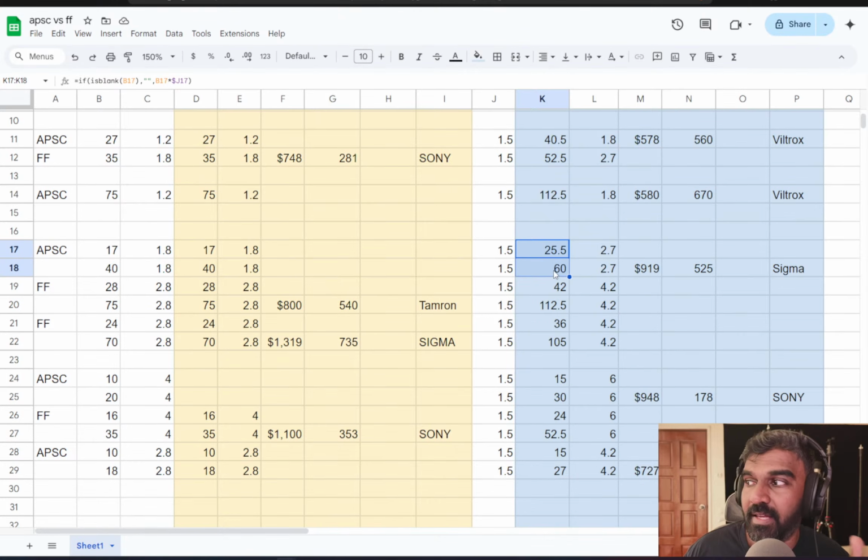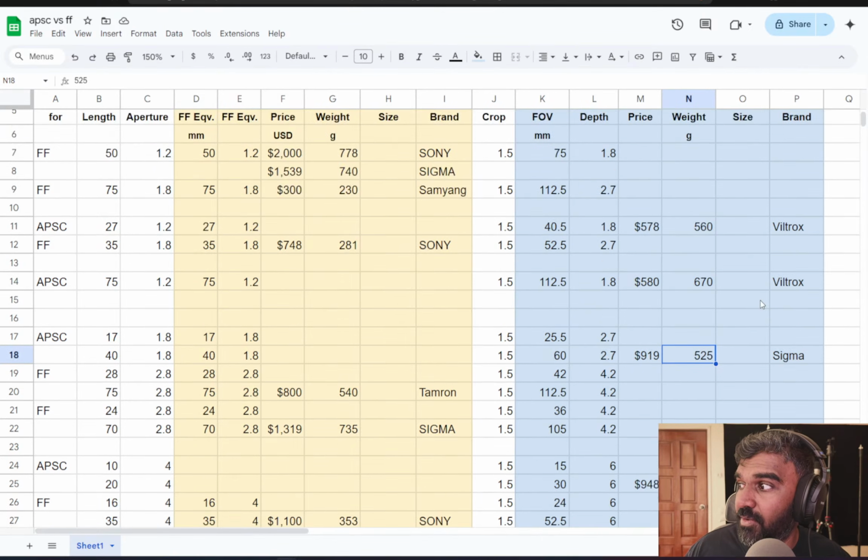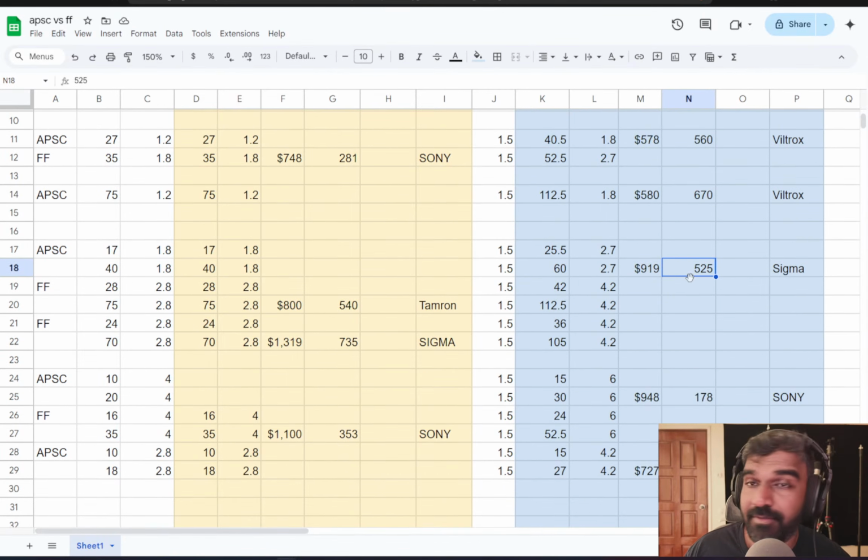Here it is giving like 25.5 to 60mm full frame equivalent with f2.7 full frame equivalent, just mathematics. And the price is also 919 US dollars, and the weight is 525 grams. Now, if you were to find an equivalent lens,